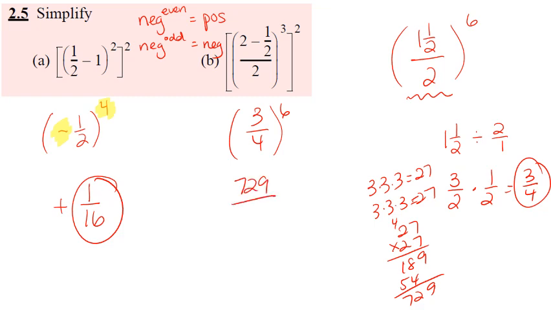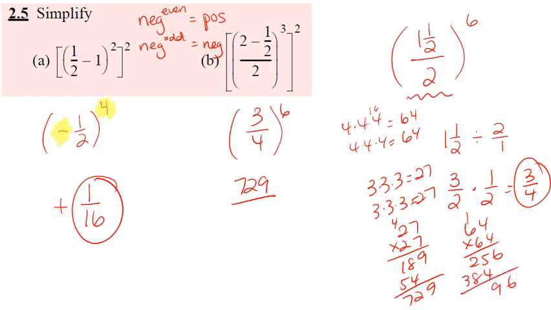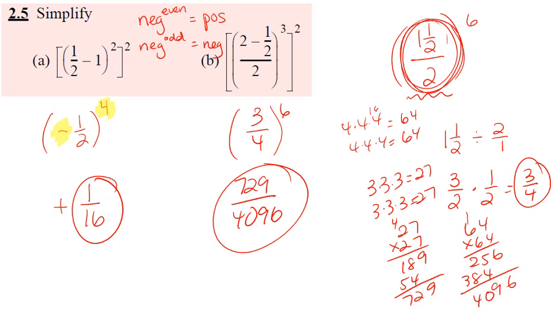And 4 to the 6th power, 4 times 4 times 4, 4 times 4 times 4. So that's 16, 64. So that's 64 times 64, which is 4096. Okay. If you don't like this method, you can do what I showed in the beginning videos,